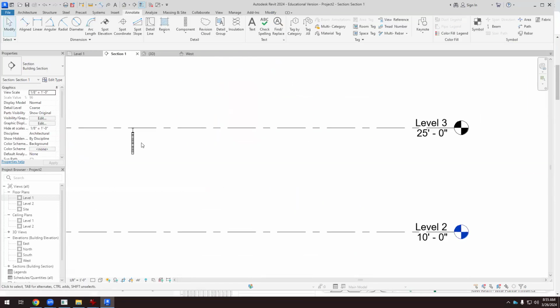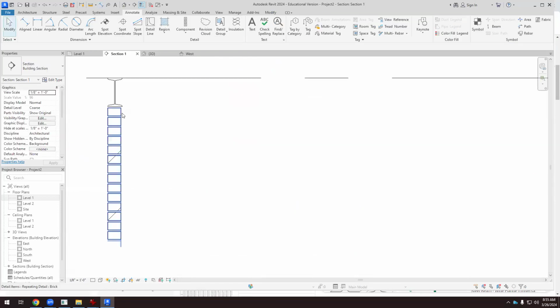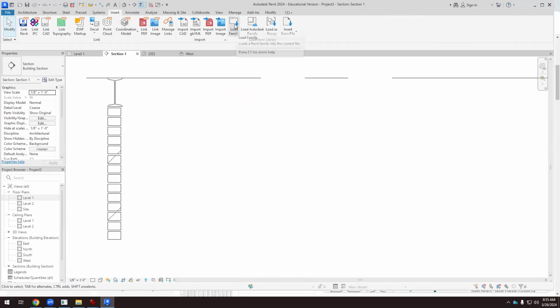Okay, so now I want to create this concrete masonry unit. To do that, I want a repeating detail. I don't have this family, so I have to create it on my own. So I'm going to insert the concrete masonry unit, and then create the repeating detail component. So first, insert, load family,